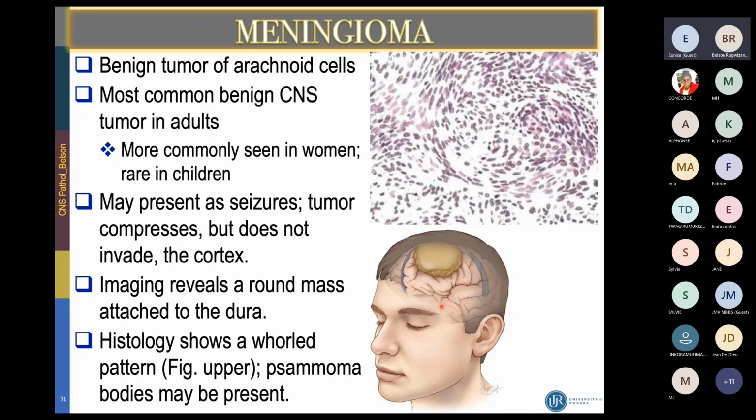So it compresses the brain, but does not infiltrate because it's not a cancer. But maybe these details we know them for those who do pathology. There are some which behave like a cancer, some meningioma. So I remember when I was in residency, quite a case, someone had a meningioma arising from the dura, from